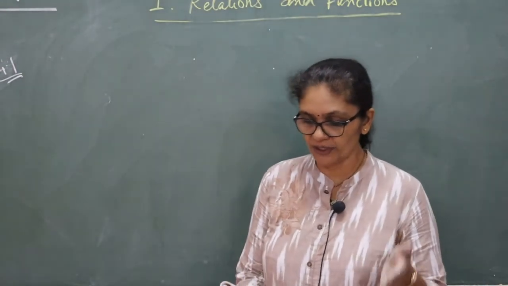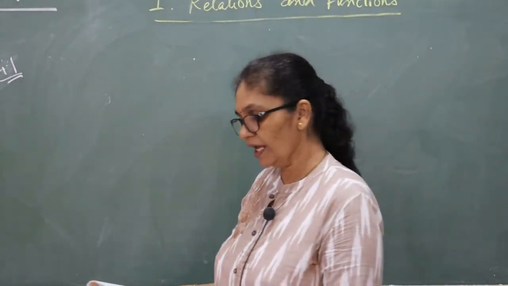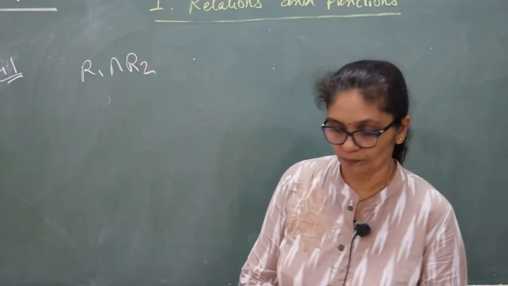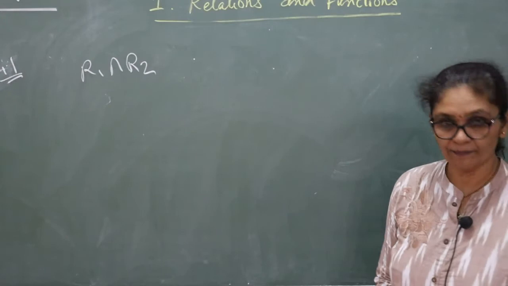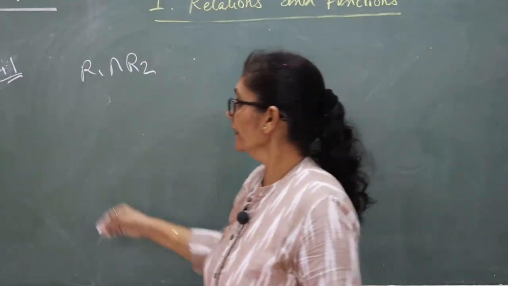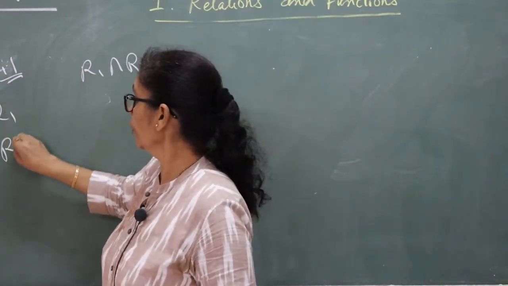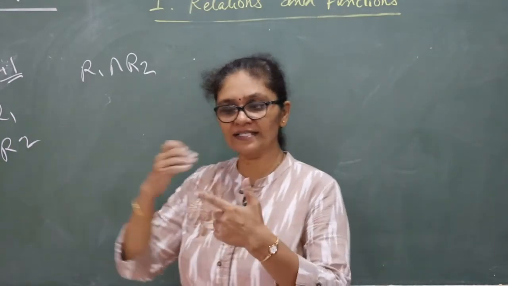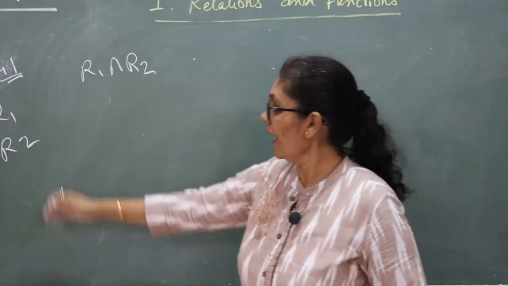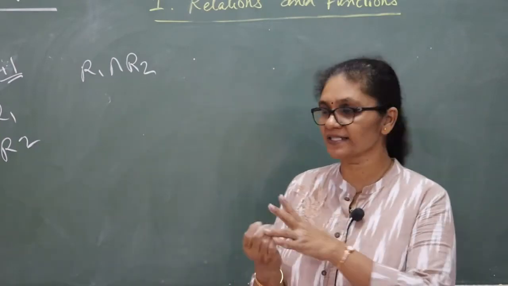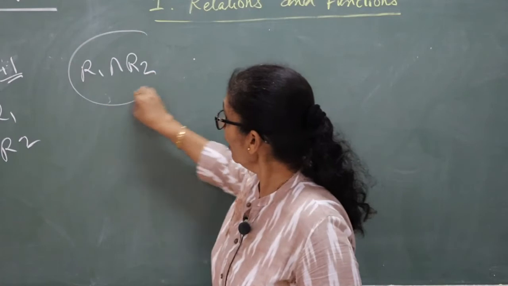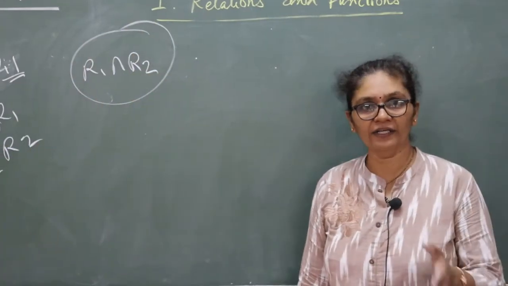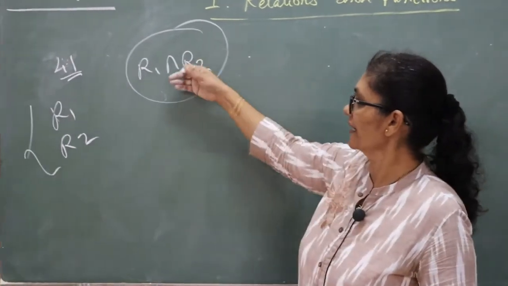R1 and R2 are equivalence relations. Then you have to show R1 intersection R2 is also an equivalence. Now remember, R1 and R2 both being equivalence means what? R1 follows all three properties: reflexive, symmetric, transitive. R2 also follows all three. You have to use these two results and show that R1 intersection R2 is also reflexive, symmetric